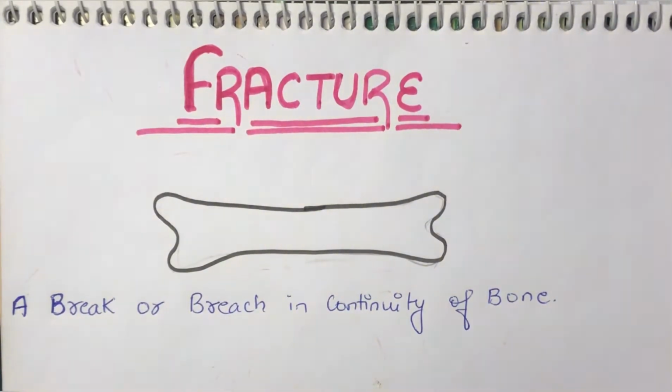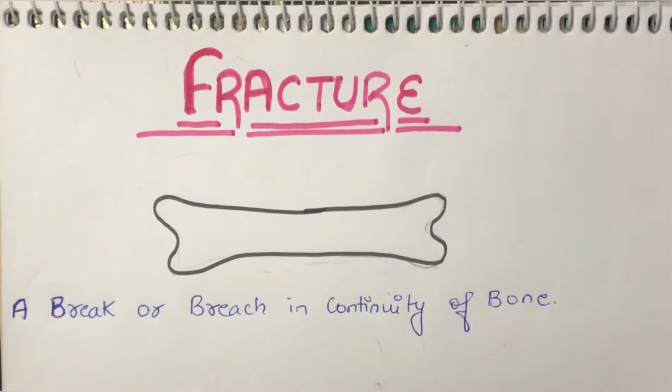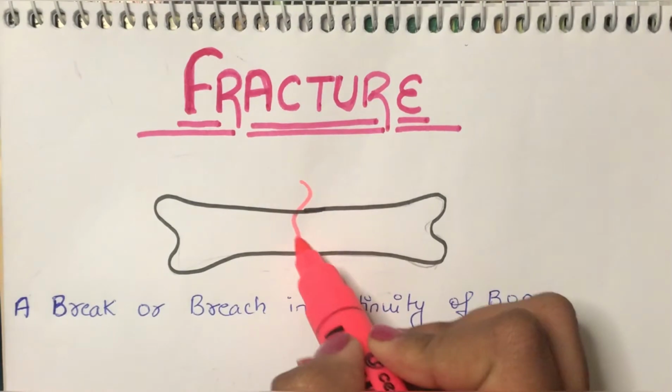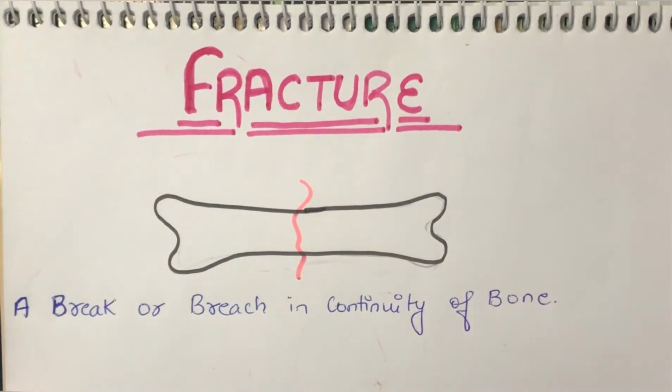In this playlist we are going to cover fractures, all the important high-yield fractures for the NEET PG exam. First I will start with the basics: what is a fracture and what are the types of fracture. In the next videos we will cover each and every fracture of the upper limb, lower limb, spine, head and neck. So in this video we are going to cover what is a fracture and what are the types of fractures. A fracture is a break or a breach in the continuity of a bone. So this is called a fracture.